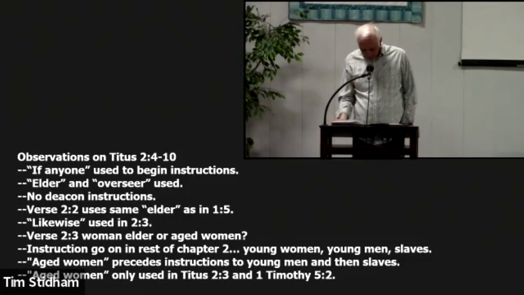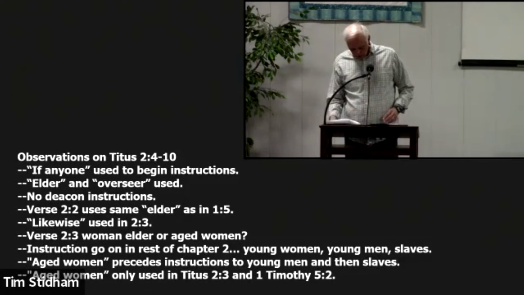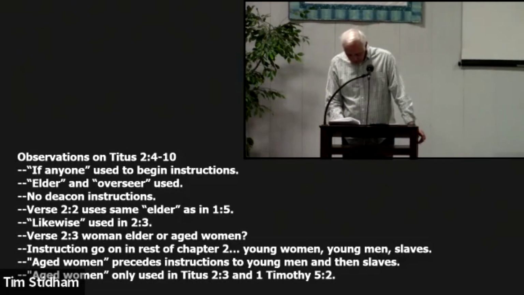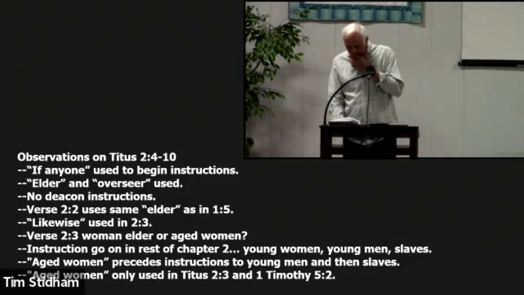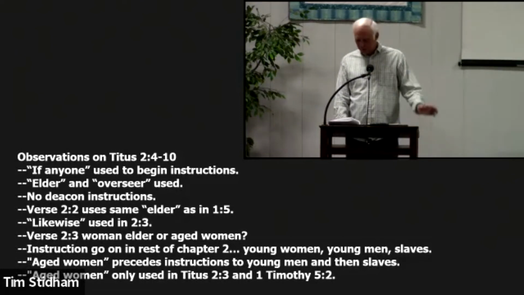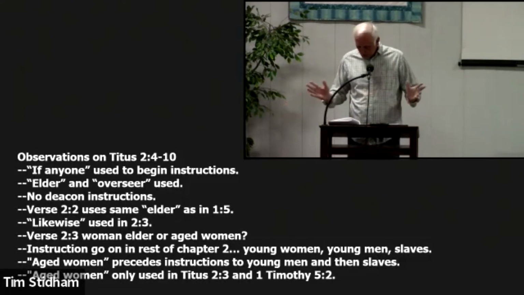Let me follow what you're saying here. Older women likewise to be reverent in behavior, not malicious gossips, not enslaved to much wine, teaching what is good. And I think if we were writing this in English, you'd put a semicolon there or something: teaching what is good. Here's the things that are good: to encourage young women to love their husbands, to love their children, to be sensible, to be pure, workers at home, kind, subject to their husbands,